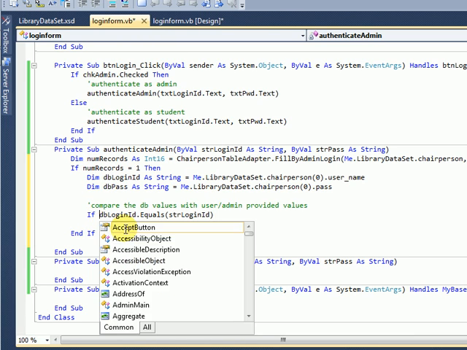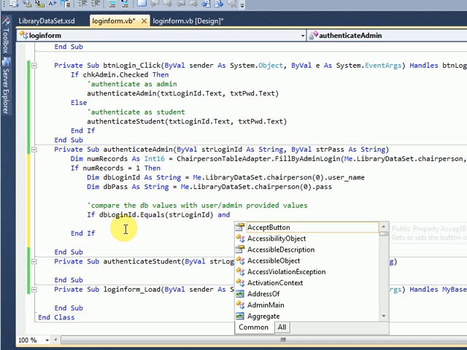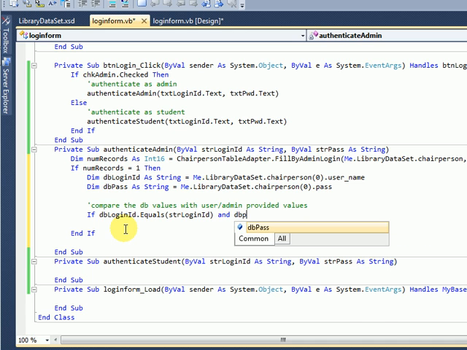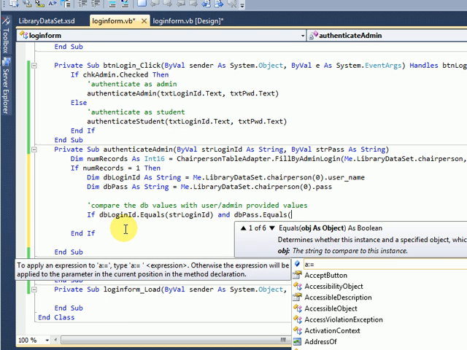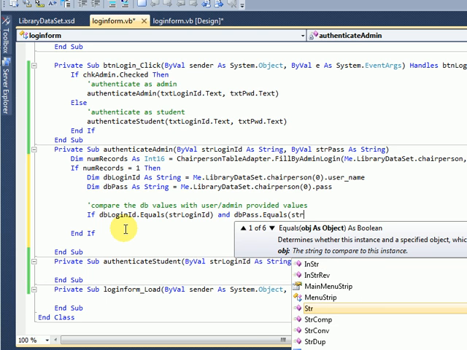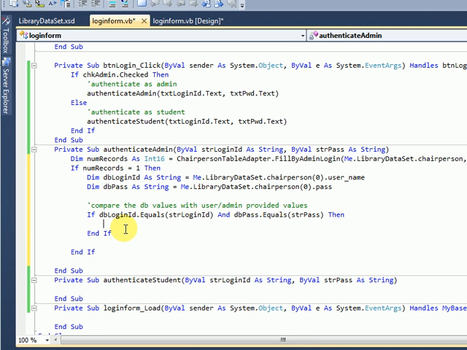You cannot use these parentheses, it's a C++ habit. db pass dot equals str pass. If these two are equal, we say admin is authenticated